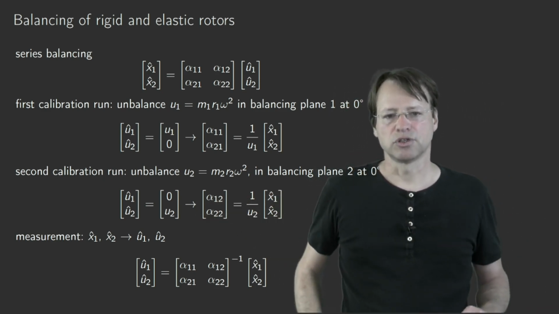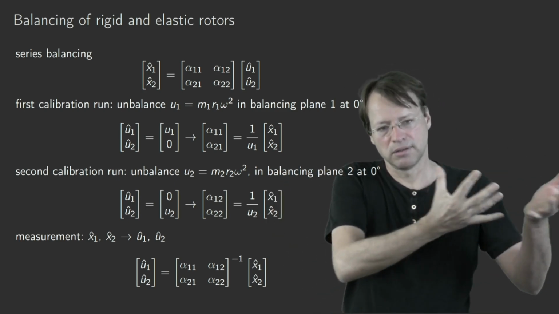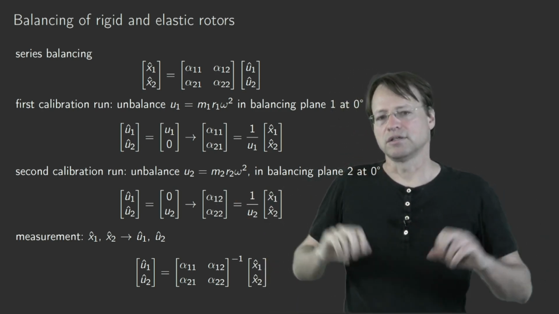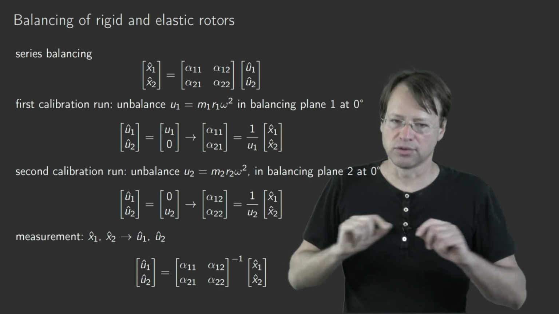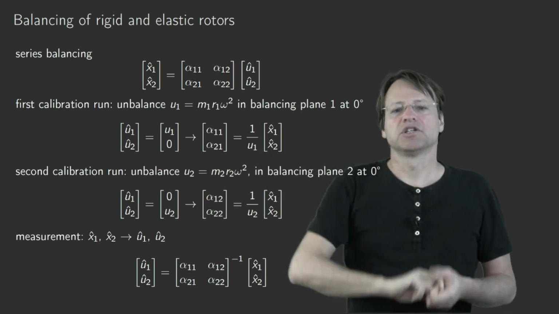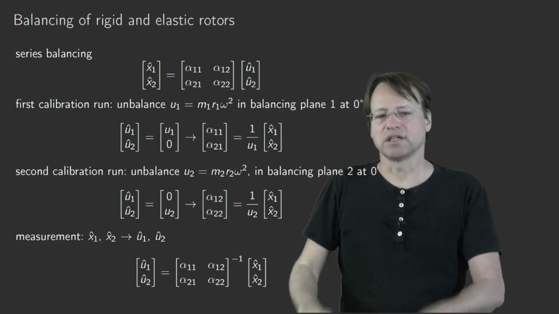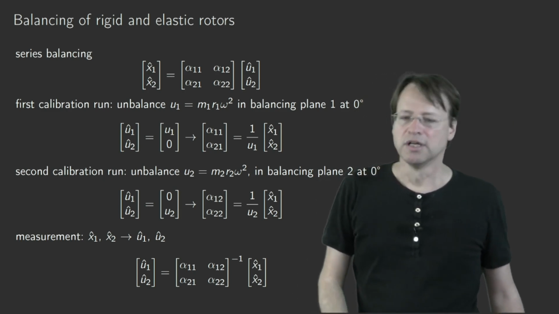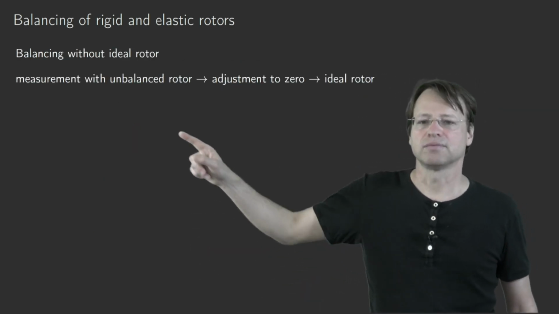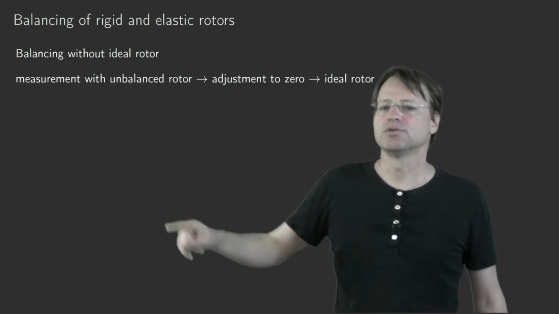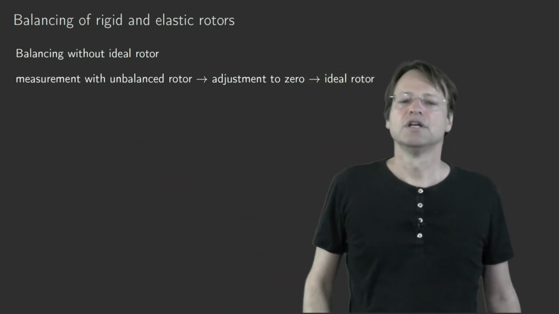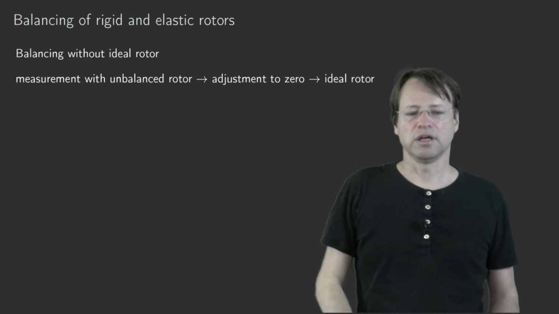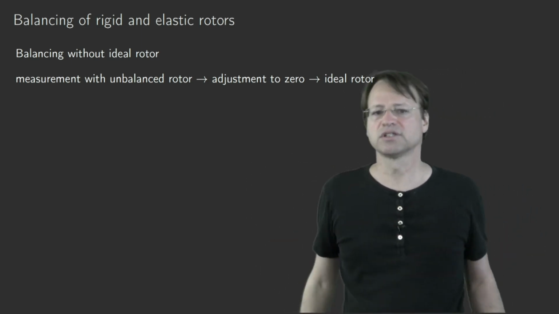Then in my measurement system, so electricity, again, a mechatronic machine that we exclude here, I can set these displacements artificially to 0, add or plug in my additional mass and obtain just the effect of that additional mass. So it's just a question of how you do the measurements. Yeah? So this is shown on the next slide. So if you balance without an ideal rotor, you start your measurements with the unbalanced rotor, you adjust these results that you obtain to 0 in your system, store them in your system and take the difference,